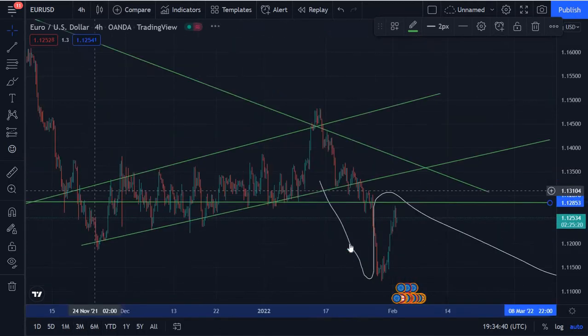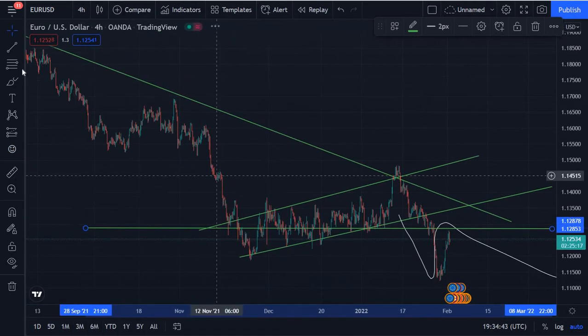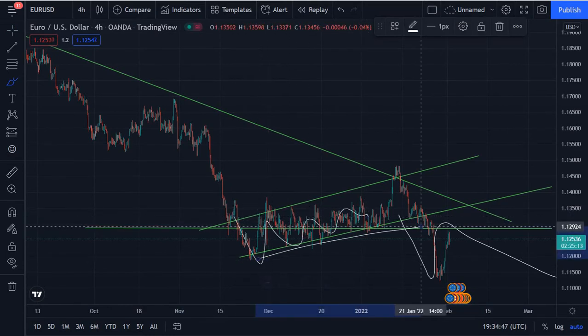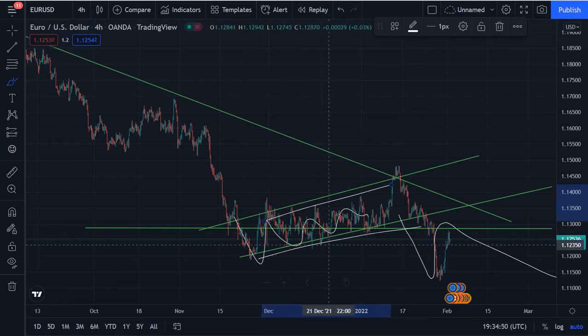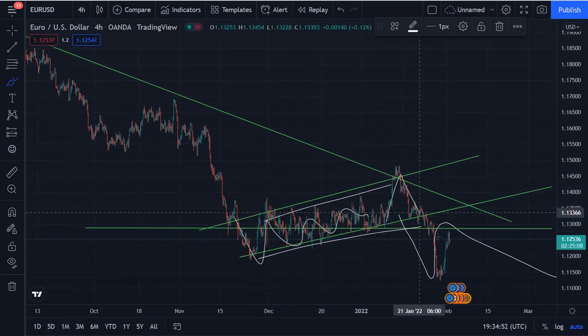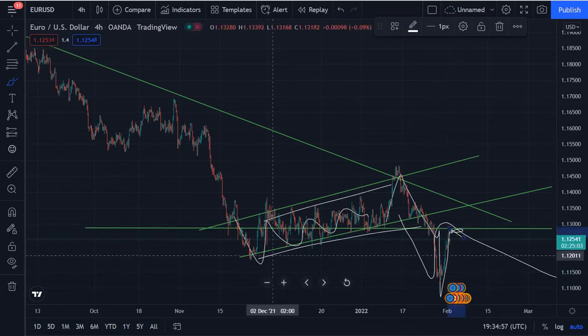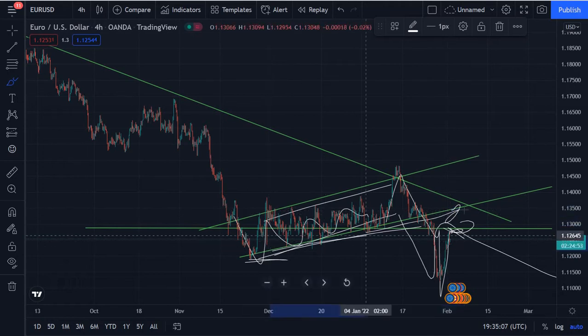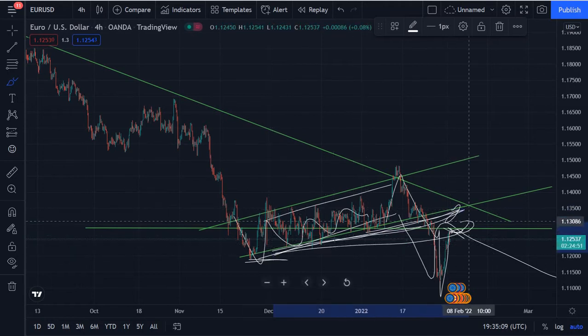So breaking down, going down to the 4-hour chart. So pretty much here we had this bearish flag where we consolidated a little bit with higher lows and higher highs, and here came the break to the downside, and now here is the retest again. It's a little bit above the lowest point of this flag, but it is here close to this lower line of the flag, and at the same time